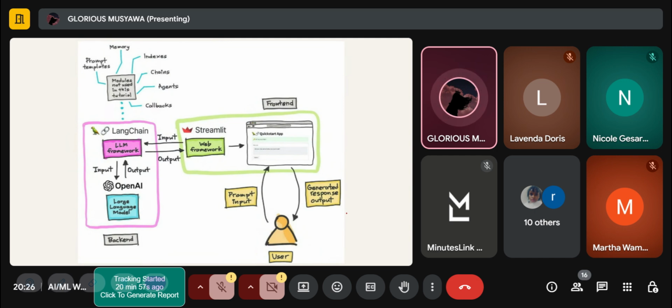This is just a simple visual representation of the whole process. So this is our LLM here. Then this is LangChain, and how it integrates with our prompt, which is here.